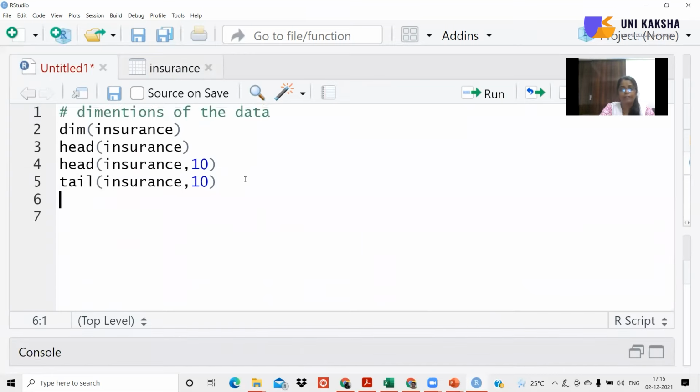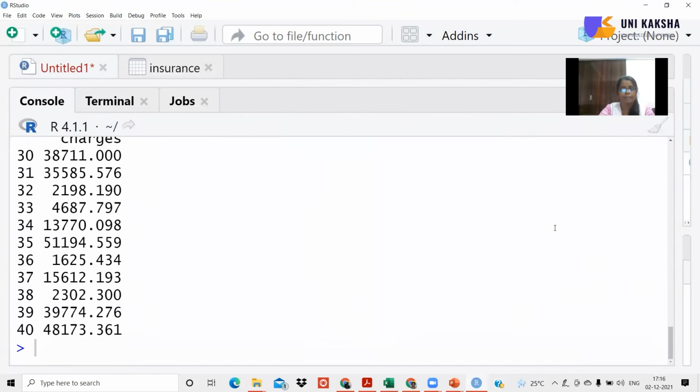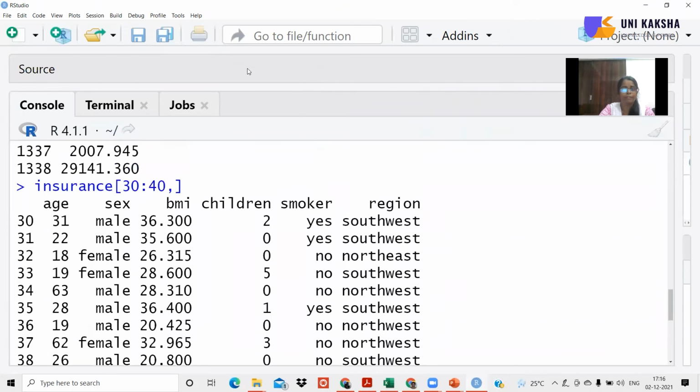Now, if you want to get the information of someone in between, for example, I want to know the information about the rows in between 30 to 40, then in that case, you can simply write the name of the data set, suppose that is insurance. It's a data frame, so it is bidimensional. So here we will write the rows that I want to fetch. Suppose I want to fetch the rows from 30 to 40. And in the column part, I'll not write anything, which indicates that I want to fetch all the columns, but only for the specified rows. That is nothing but the rows in between 30 to 40. So you can see the output. This is the output of the rows in between 30 to 40.